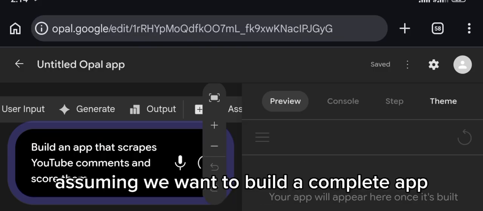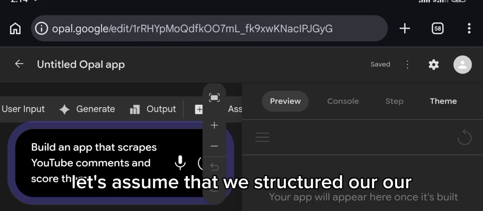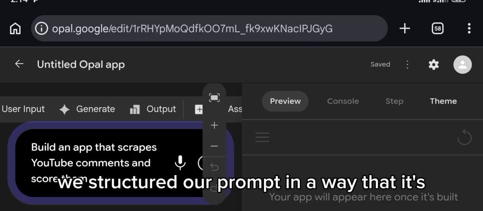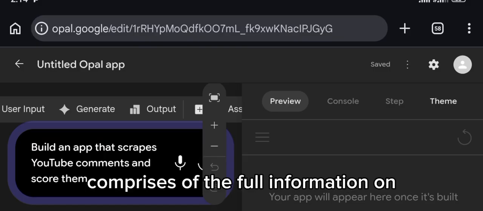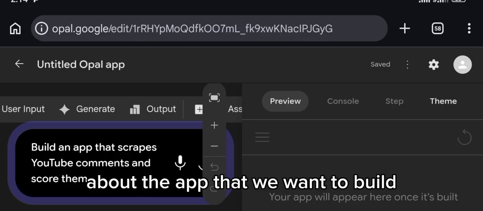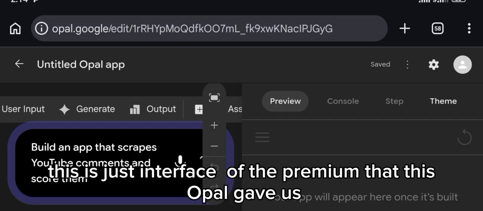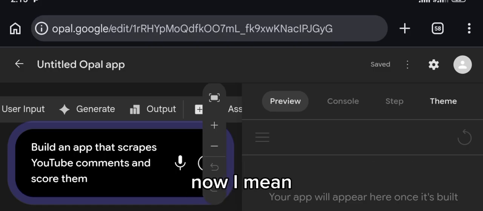Assuming we want to build a complete app, let's assume that we structured our prompt in a way that it comprises the full information about the app that we want to build, not just the interface